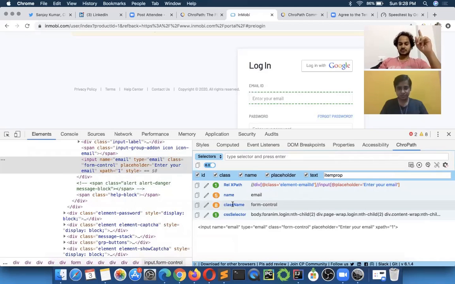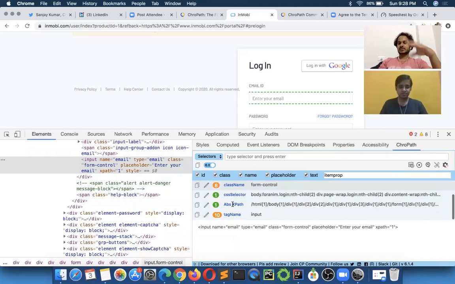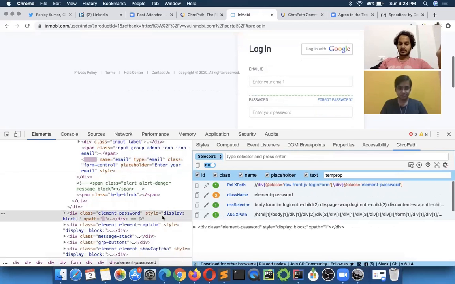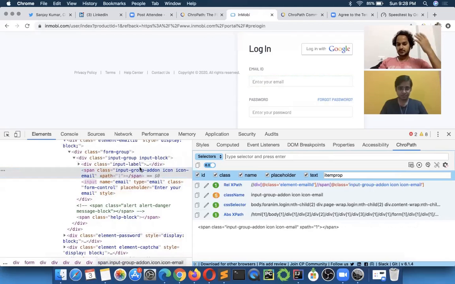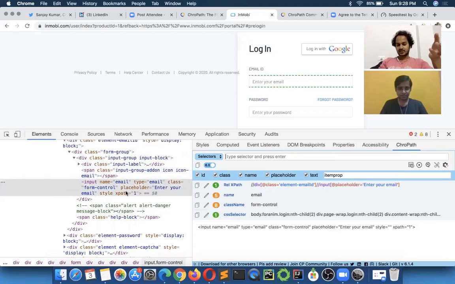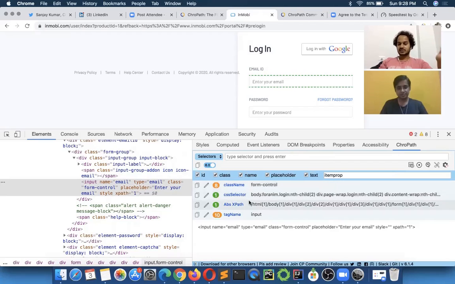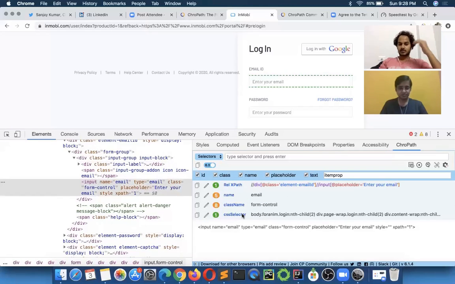In a single click you are able to see all the possible selectors for one element and their occurrences, and immediately you can find out which selector is good for you. Let's say you are a beginner and you don't know what selectors are possible for this element, you can learn that here. Name is possible, class name is possible, CSS selector is there, tag name is there. So it gives you all possible selectors.